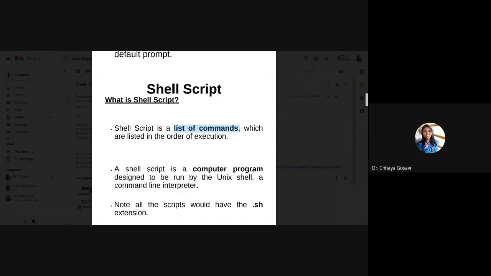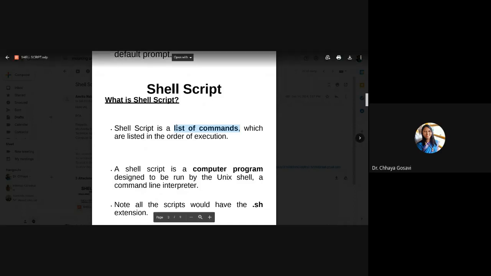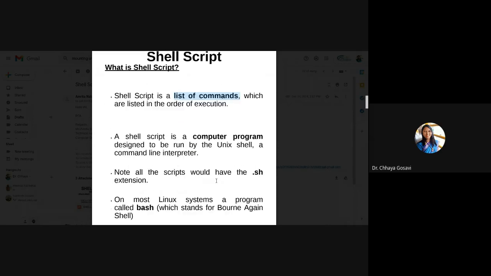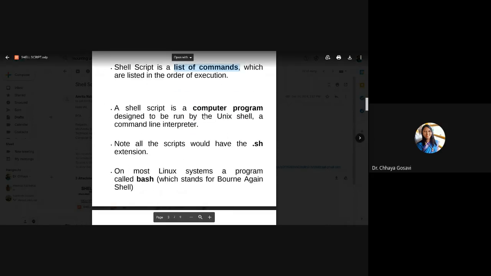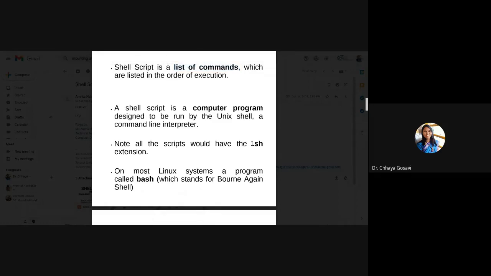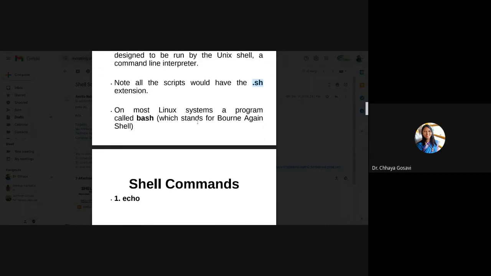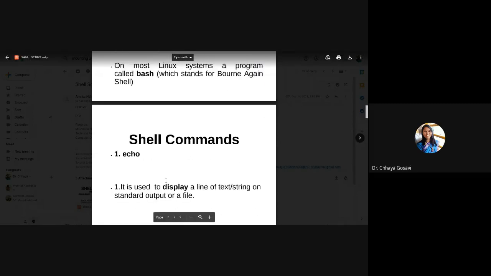These commands are executed sequentially. So a shell script is a list of commands listed in the order of execution. A shell script is a computer program designed to be run by the Unix shell, a command line interpreter. You need to save this code as a .sh file. We are using bash. Bash is Bourne Again Shell.